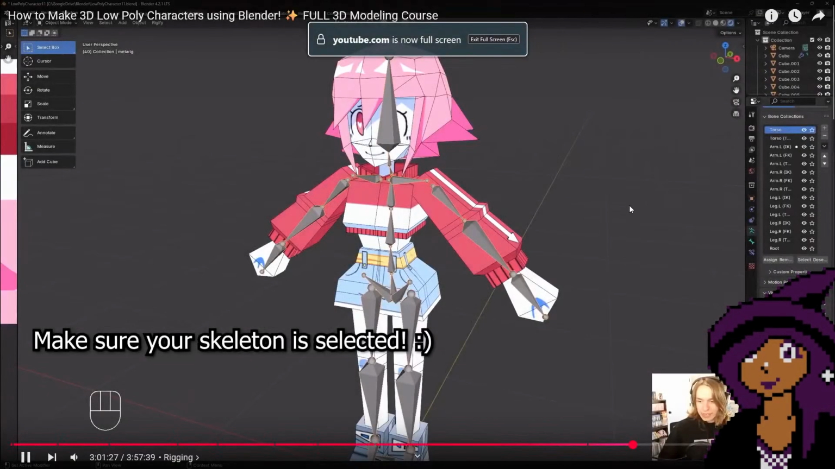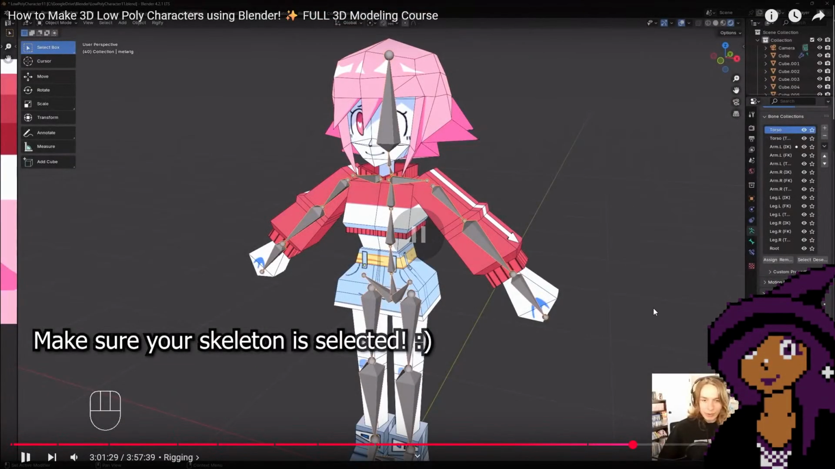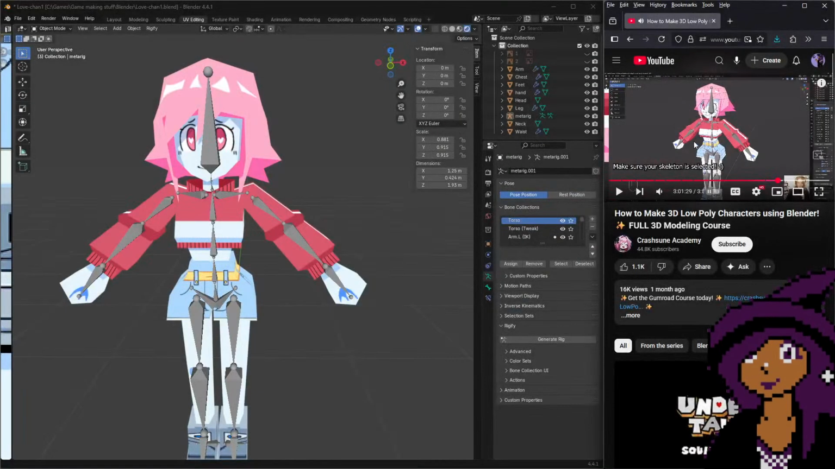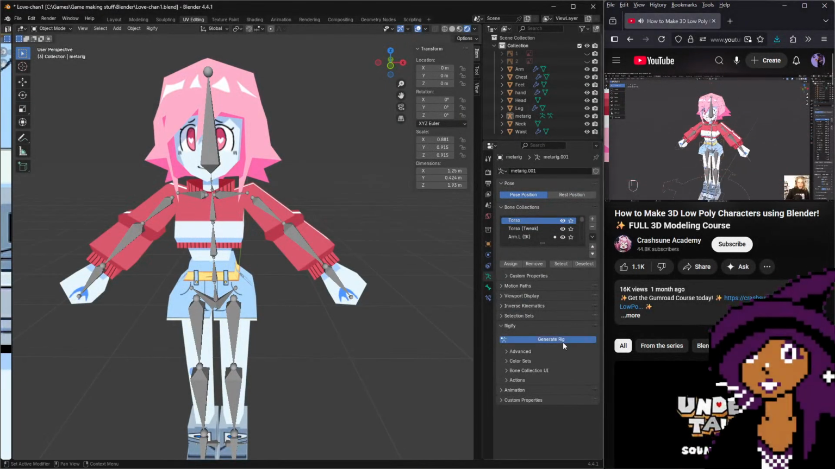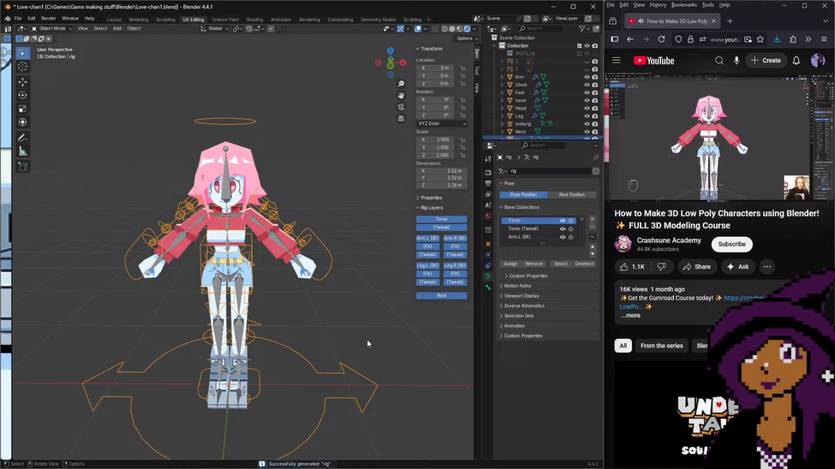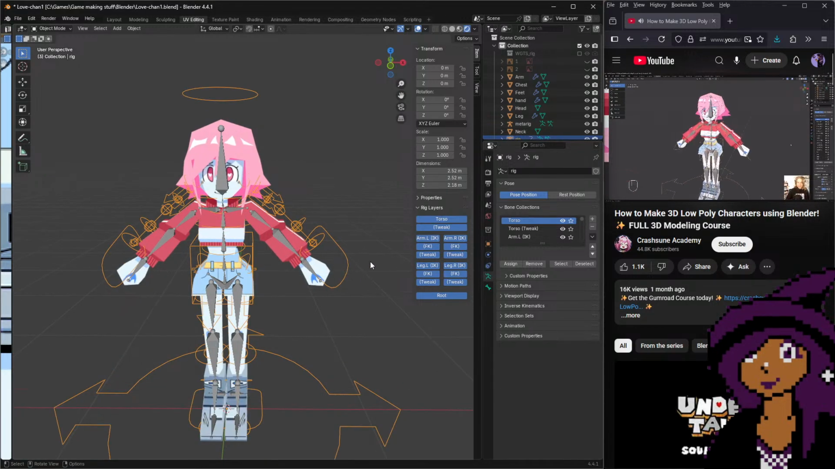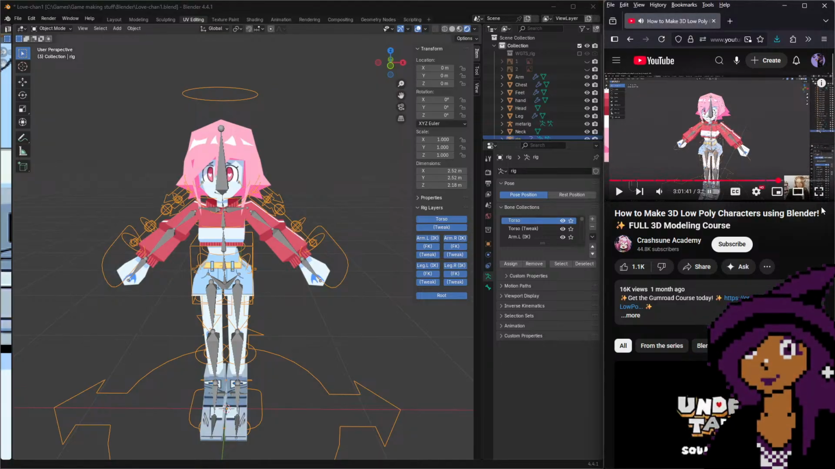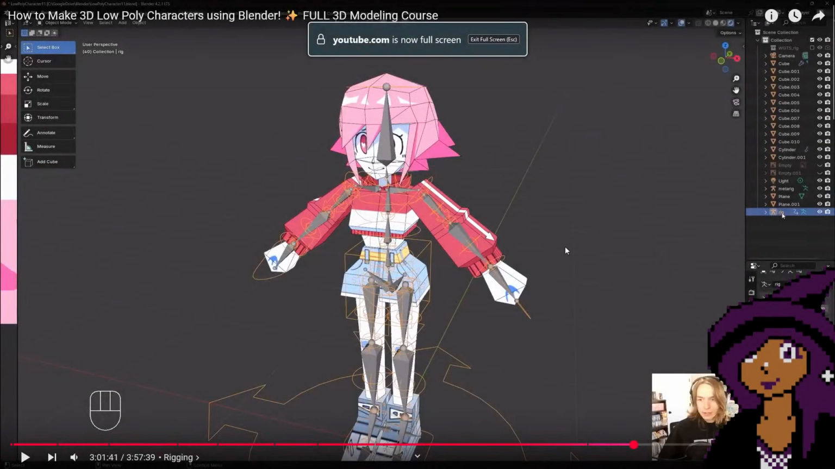There's a button right here called Generate Rig that we are going to click. And once we've done that, you can now see that we have generated a rig here. And again, I'm going to click in front so that we can see our rig through our model here. And if we drag this down,